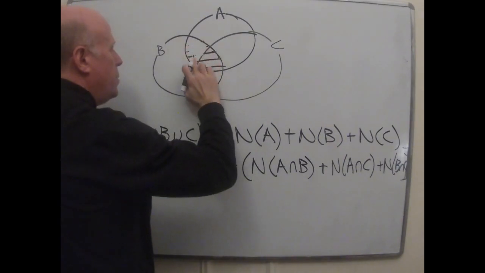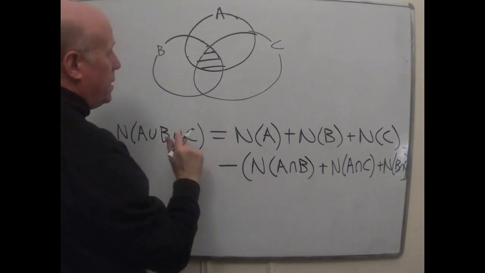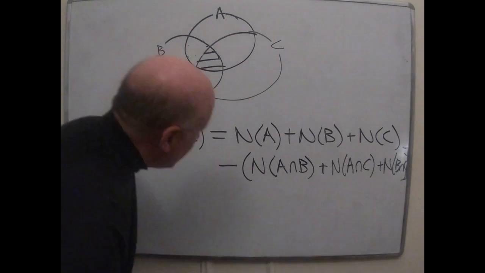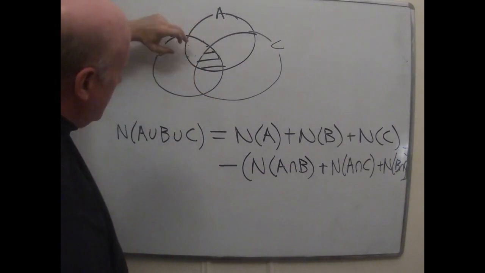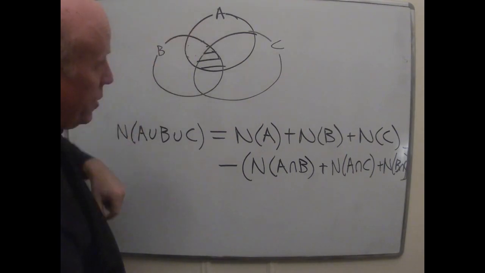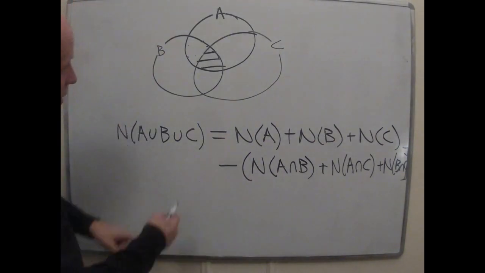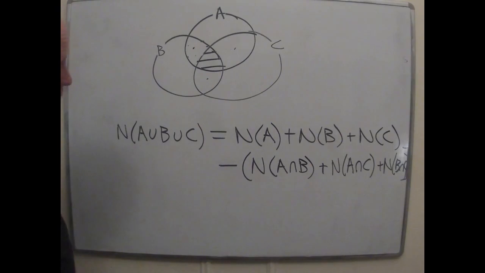It comes down to these things having been counted properly. If I just think of what's not in set C, the A and the B and their intersection that are not part of set C, I've got those things counted correctly because I've added them and then I've subtracted them. And similarly for that region and that region and that region. But this little Wankel rotary engine looking thing that I've got in the middle there, this sort of a rounded triangle,